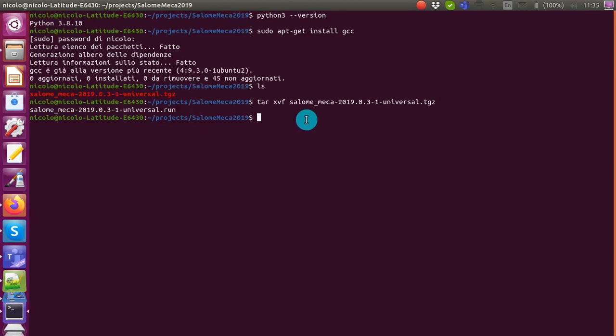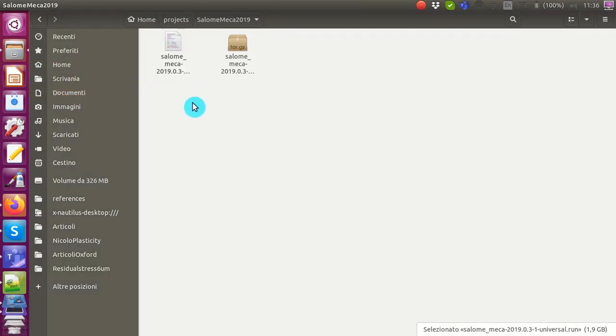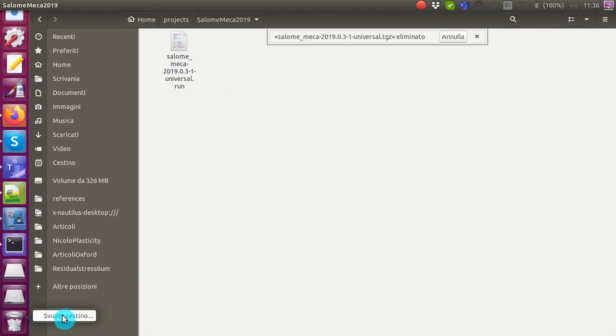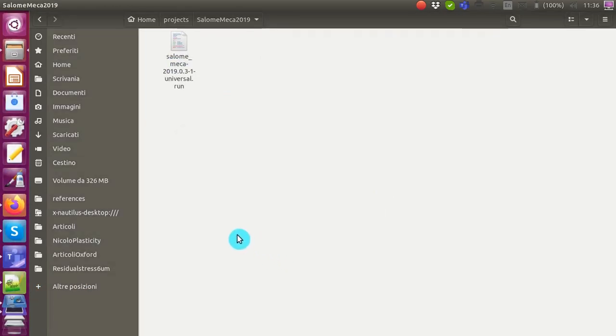So I'm back here. Now the extraction has taken place. It was maybe 40 seconds or something like this. It was pretty quick. So now we have this universal.run. We can delete the other one because it's just the same thing. It's just the extracted version. We can empty the bin. Okay. So now that you have this installer,